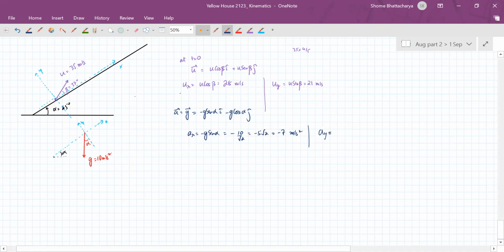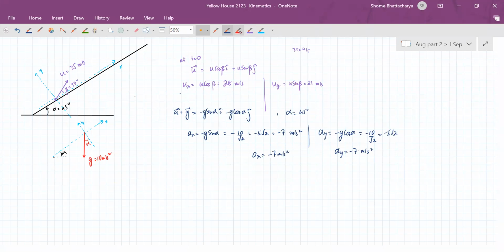Whereas the y component of acceleration, remember alpha is 45 degrees. Okay. So the y component of acceleration is also minus 7. Okay. So we have all this important data. So now at any general time t, we can see that